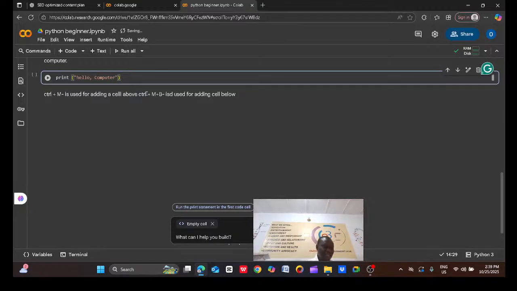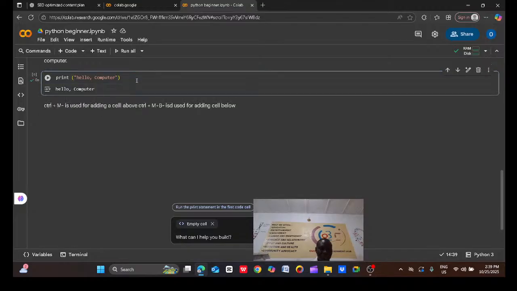You are telling the computer the instruction, the language you are giving it, and let's see whether it is going to be executable or not. Okay, so I told you that you will come and click here, or you will use what? Control plus Enter. Okay, so just click on it, and you can see that the computer has really understood that.